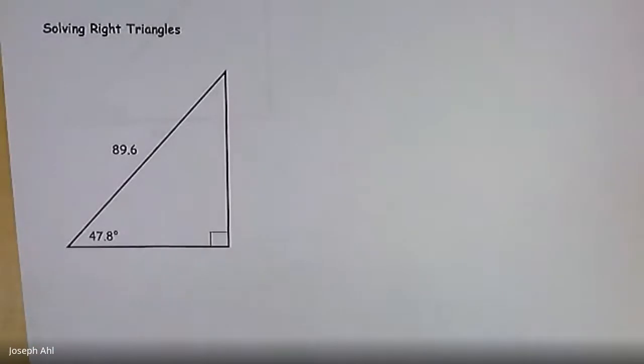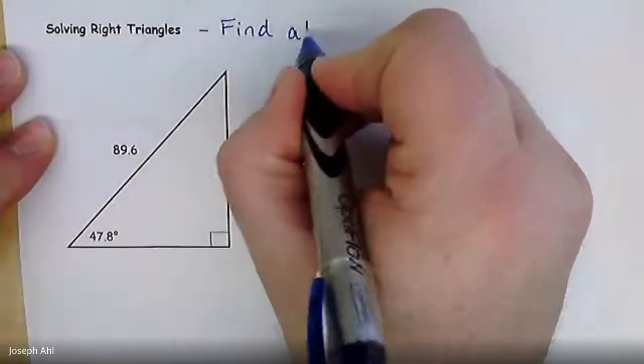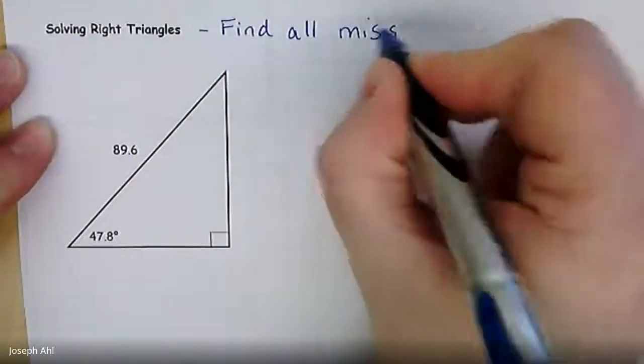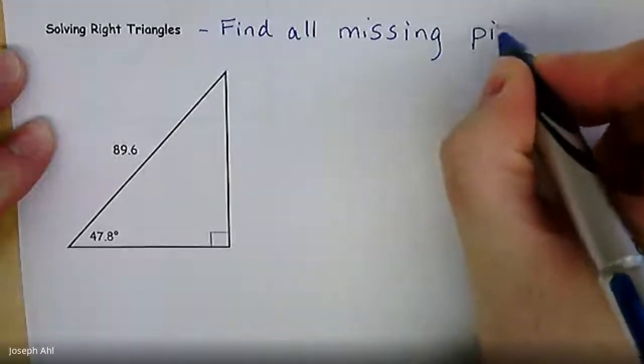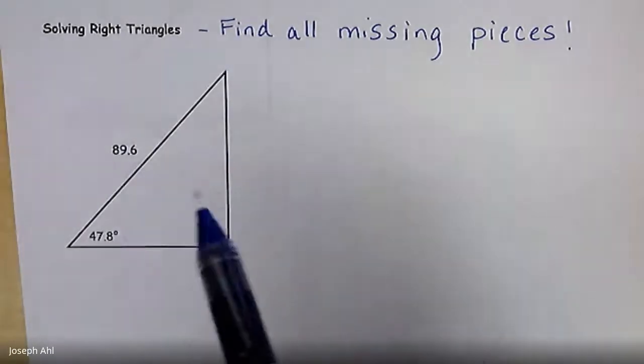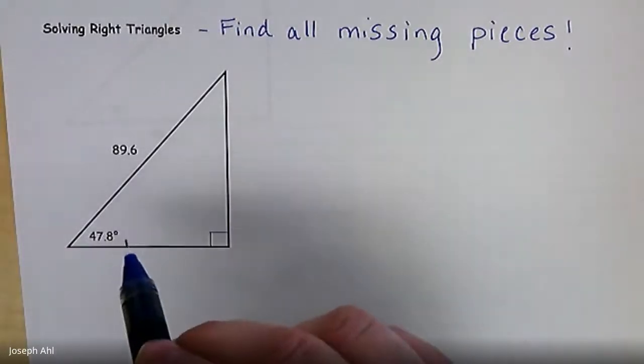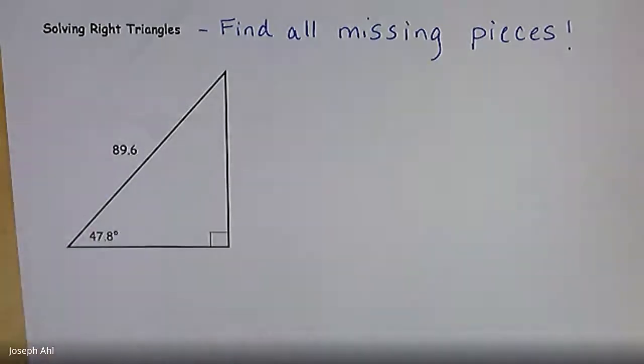triangles. So what I mean by solving right triangles is to find all the missing pieces. So that includes side lengths, angle measures, and everything in between. So if we look at this picture right here, we're definitely missing a few sides. We're missing some angle measures. Because these values are already rounded to the 10th place, I am going to keep everything rounded to the 10th